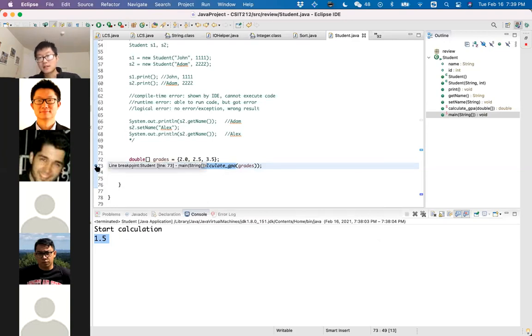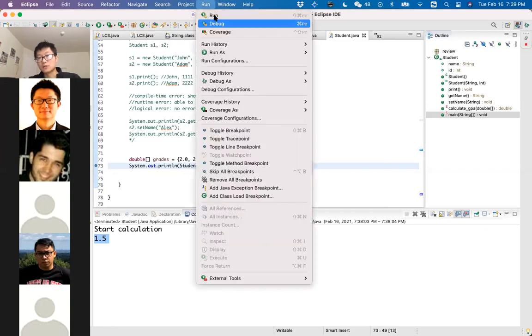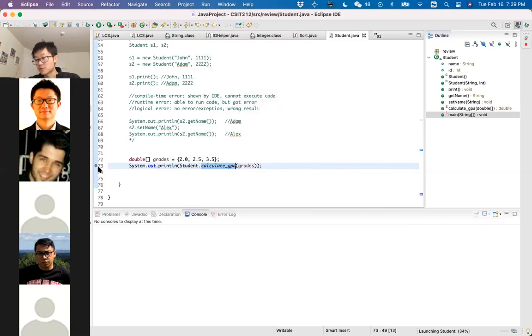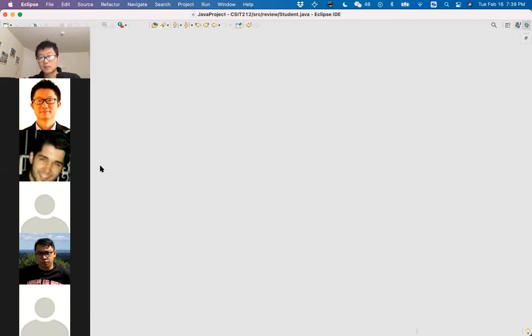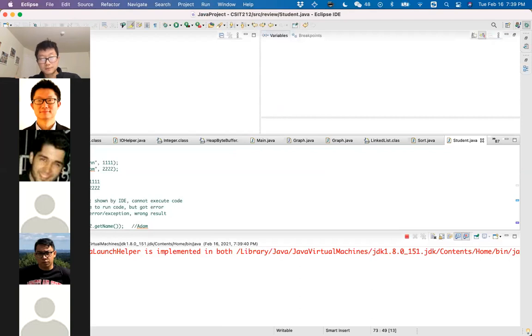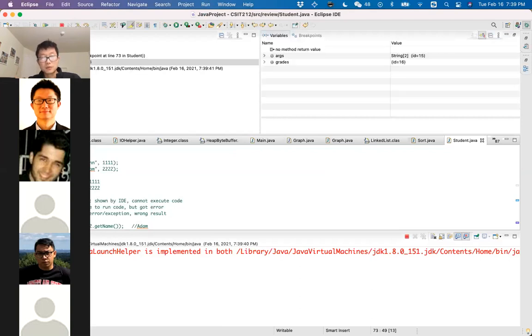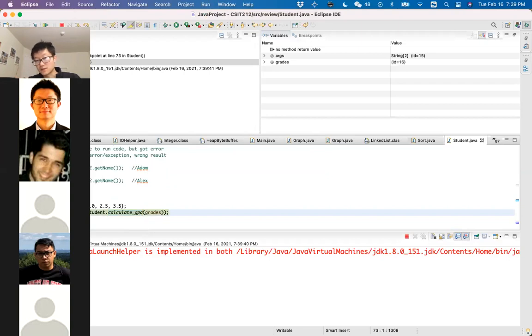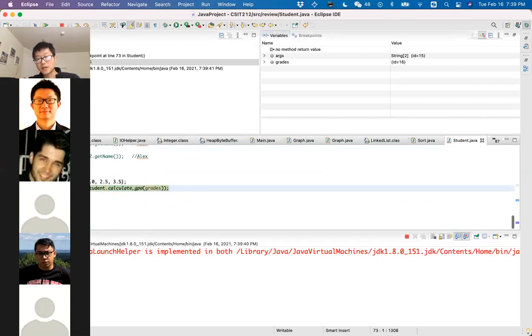So with this stop sign, if you go to debug your code, not run your code, but debug your code, the Java virtual machine, when it executes your code, will respect the stop signs. What it does is make a stop before the breakpoints. So now we see the green color in this line because it just made a stop before this line. It just finished the first line and it makes a stop at this line.